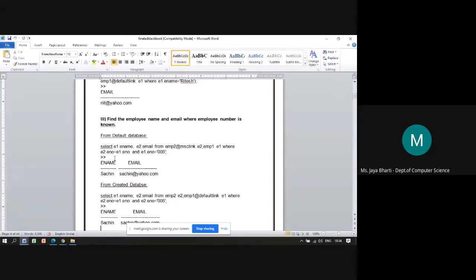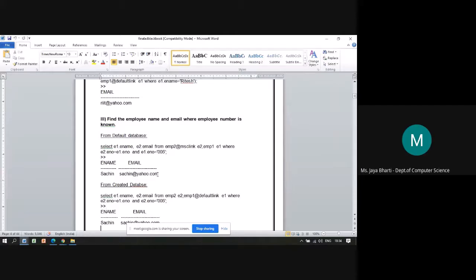Here they are retrieving name and email from the two copies, E1 and E2, where both should match the same employee number, and that employee number comes from the E1 copy, that is EMP1. The answer is Sachin and Sachin@yahoo.com.